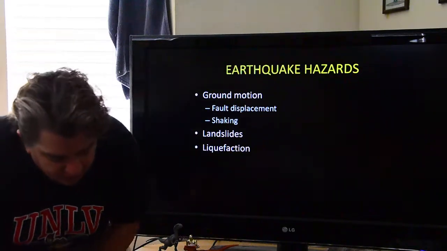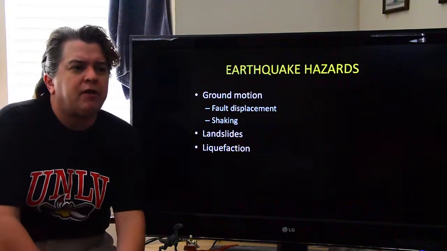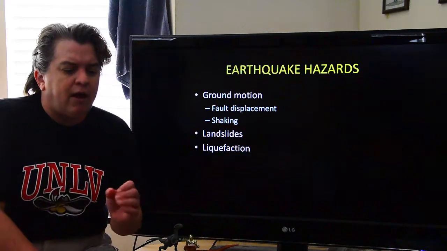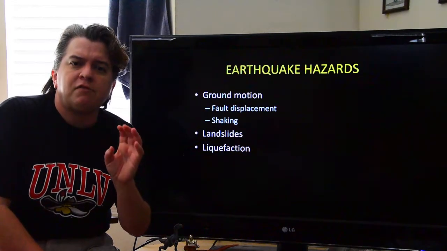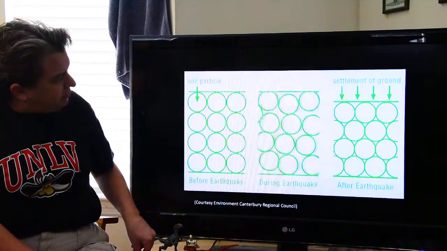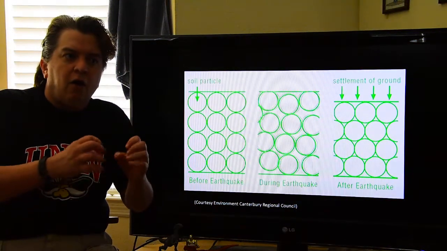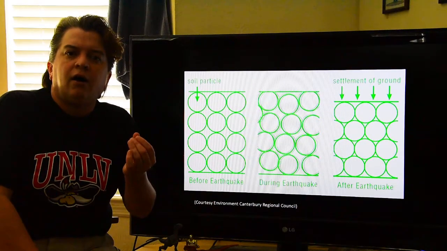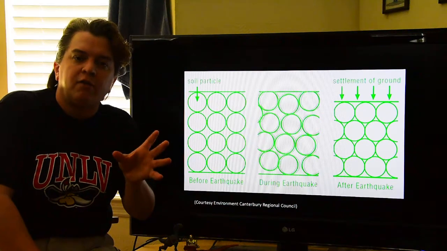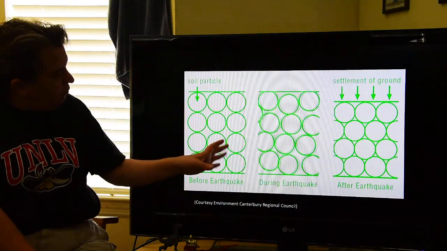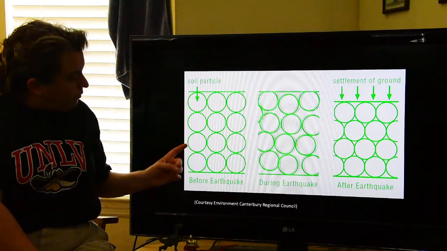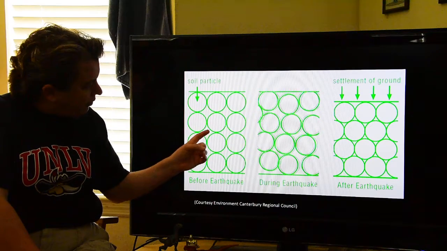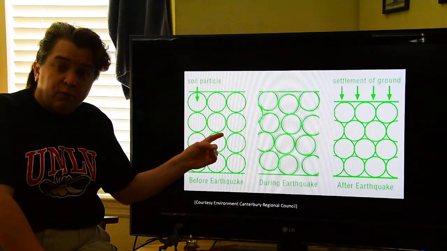Liquefaction. Now, liquefaction is one of these very interesting things that happens in an earthquake. Liquefaction occurs in water-saturated sediment. And water-saturated sediment means that all of the open space in the sediment, what's called the porosity, is filled with water. So let's imagine we've zoomed in on some sediment right here, and these circles are the sediment particles, and in between here, that's the porosity completely filled with water.